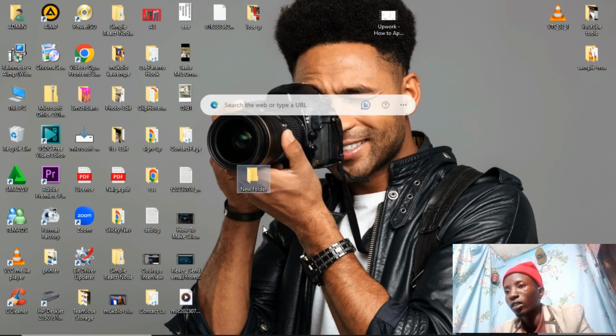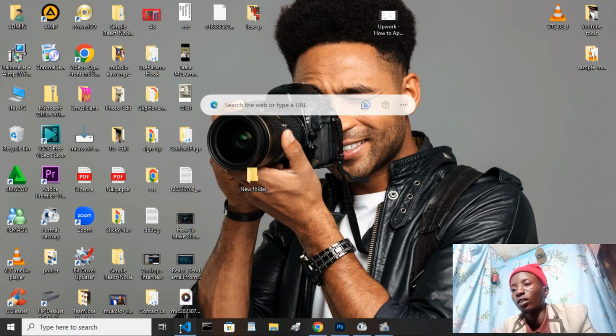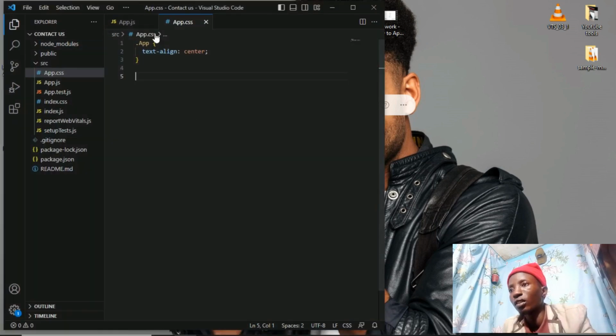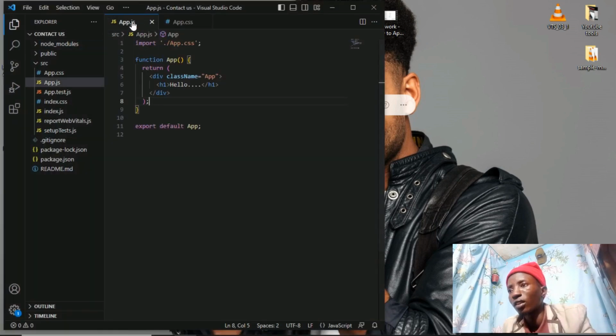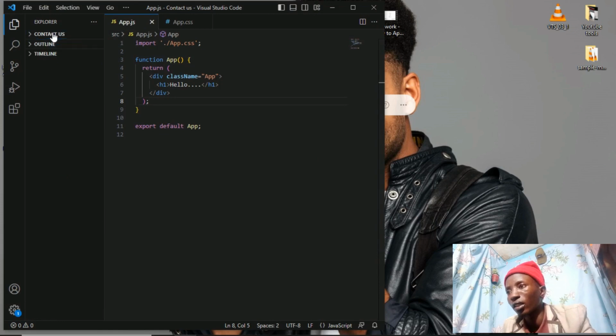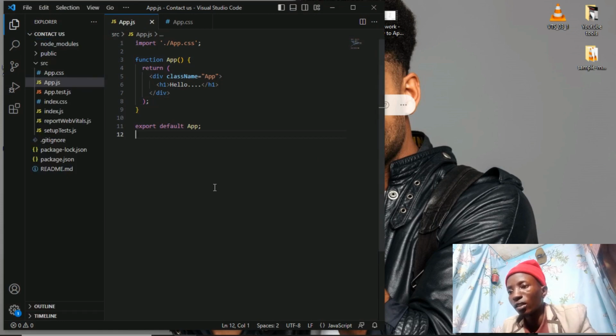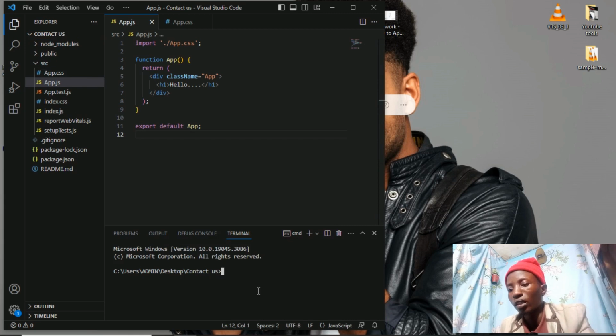From that, you can open your VS Code. Just drag and open that contact us folder, then open a terminal and run npx create-react-app